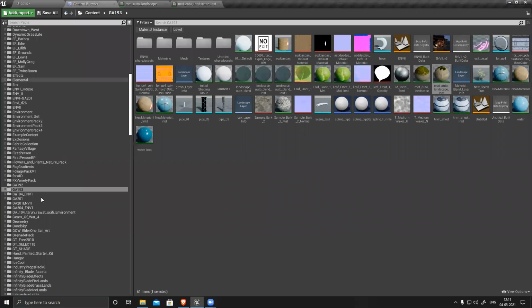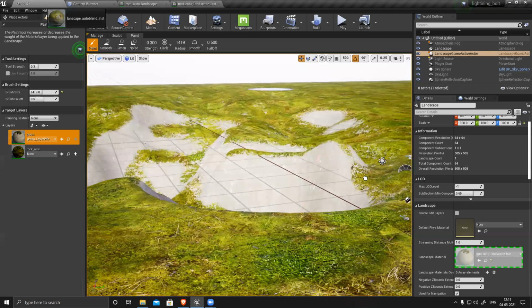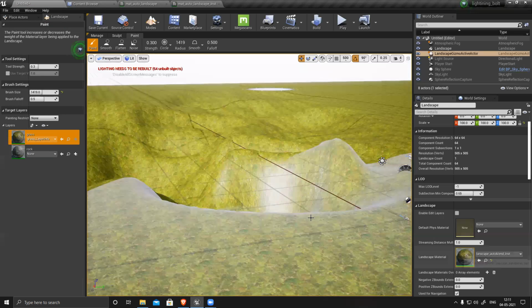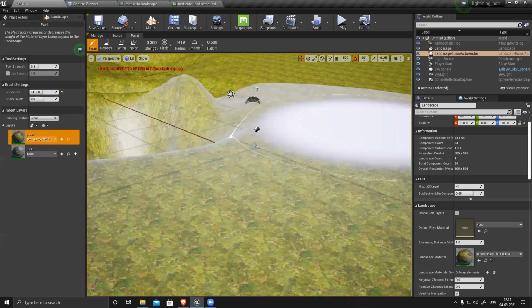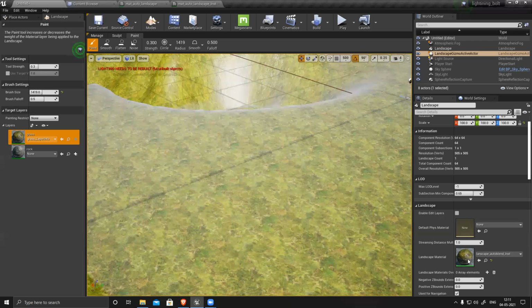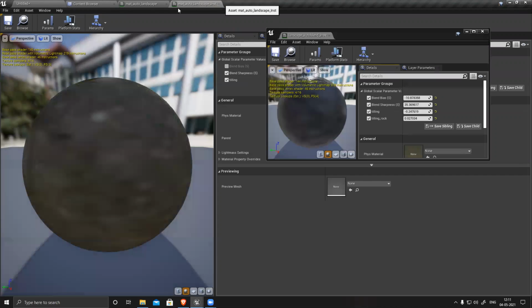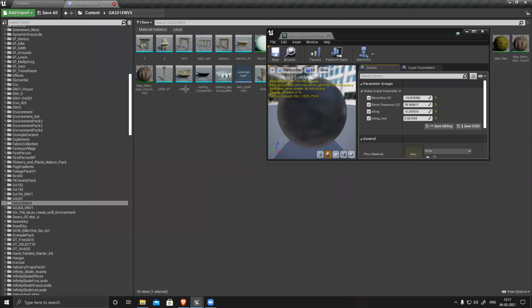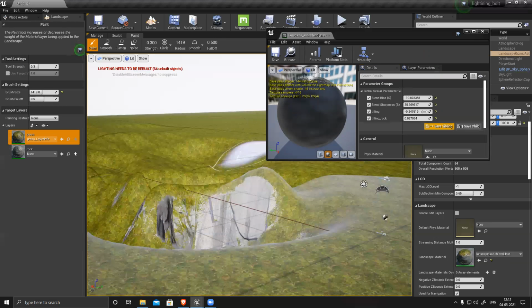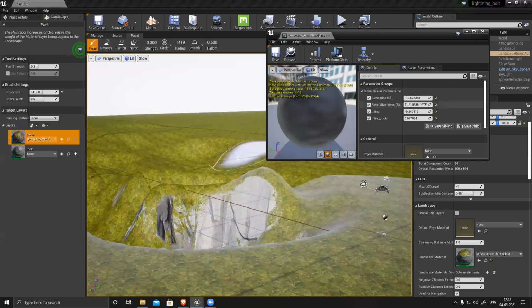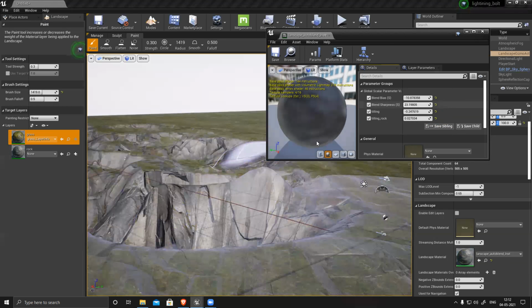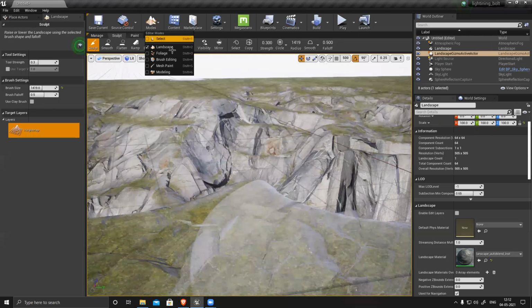Why is it not working? Once it started to work now, you can see. Yeah, it started to work. I don't know, there may be some glitch in the software. Now it's working.